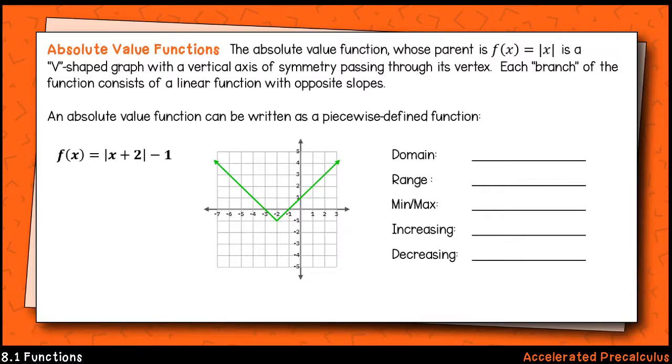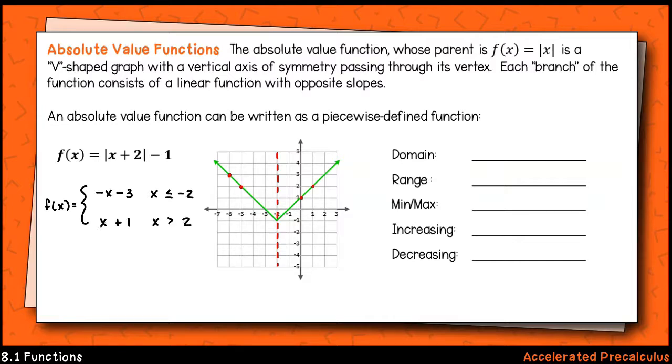We'll start by identifying the axis of symmetry. Now let's think of each side as a separate linear function. On the left, we have a linear function with a slope of -1. If we follow that slope down to the y-axis, we find that the y-intercept will be at -3. So in slope-intercept form, the rule will be -x minus 3. We'll define the domain as all x values less than or equal to -2, which will include the x value